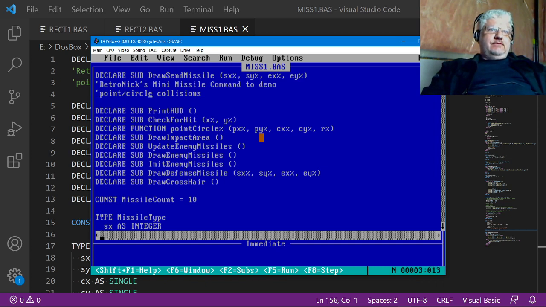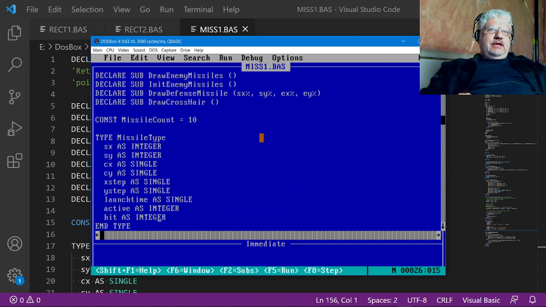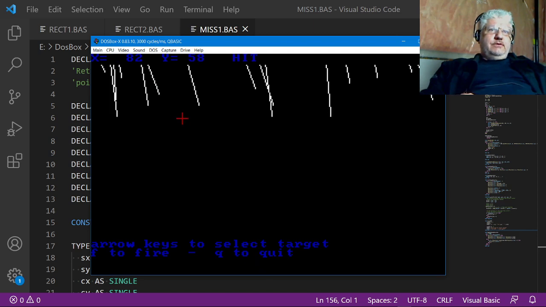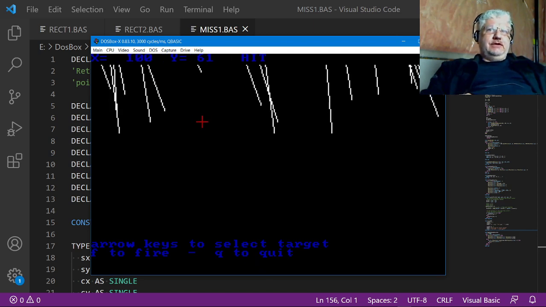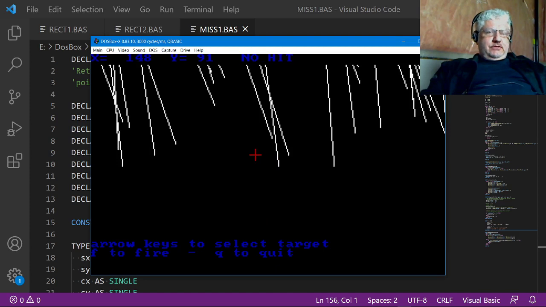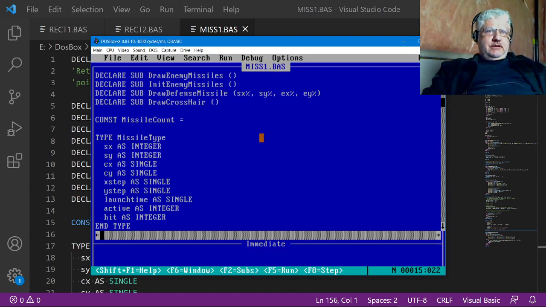and we have several subprograms here, and this game is a little bit configurable. I can add, let's try 30 missiles and see how that goes. So it slows a little bit down, but it's still doable. Now this should also probably work with QB64. I haven't tried it, but I'm not using anything that would prevent it from working. So you can try that and let me know how it goes, but I'll reduce this down to 5. And